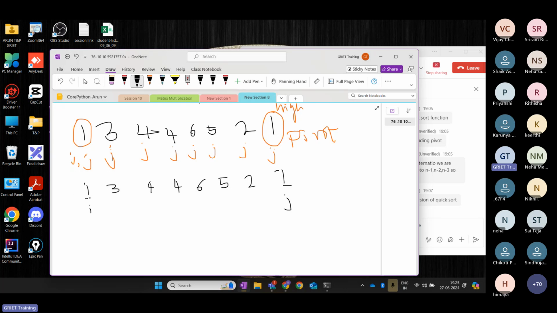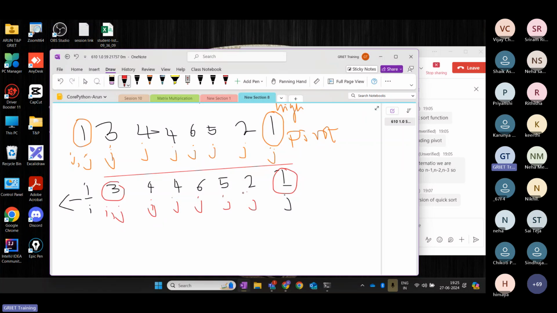So now this one exchanges with this one. Now this is our splitting point. So the left side of this we have to sort separately, and the right side of this we have to sort separately. So in this case, again, this will become our starting point, i and j. This is our pivot. We have to keep on checking. So j will be here. Same thing happens,